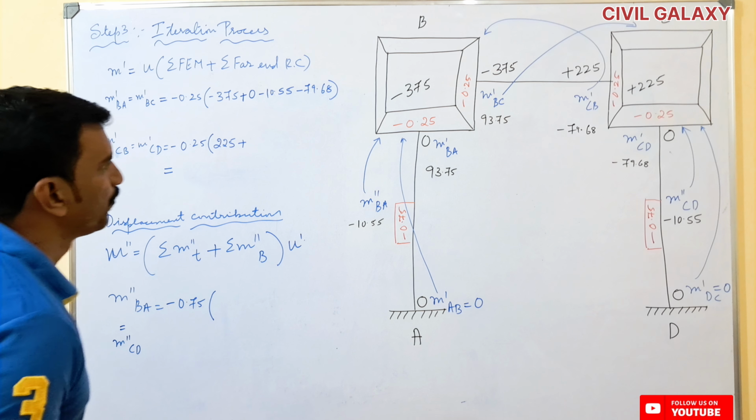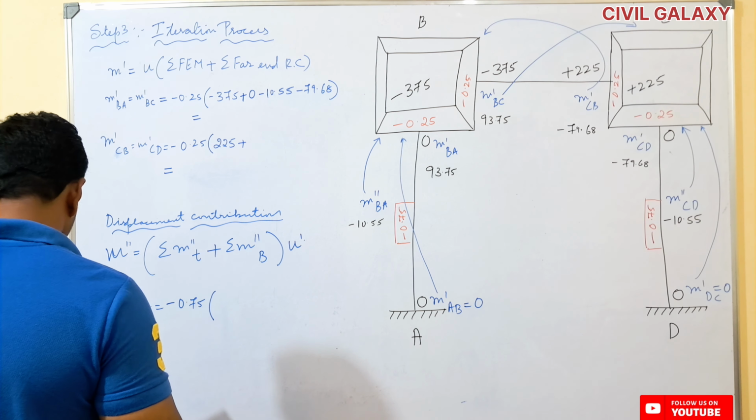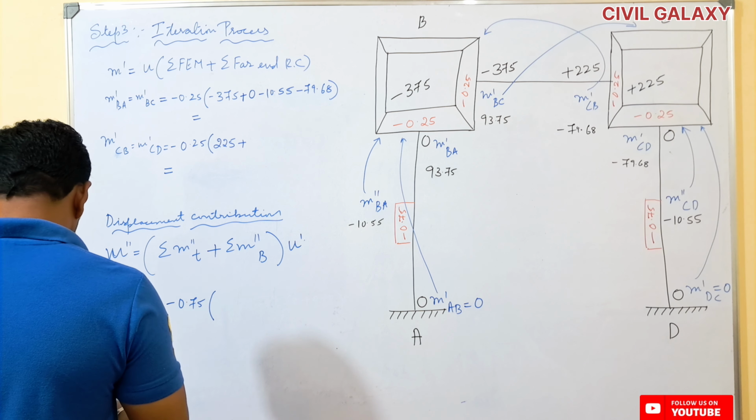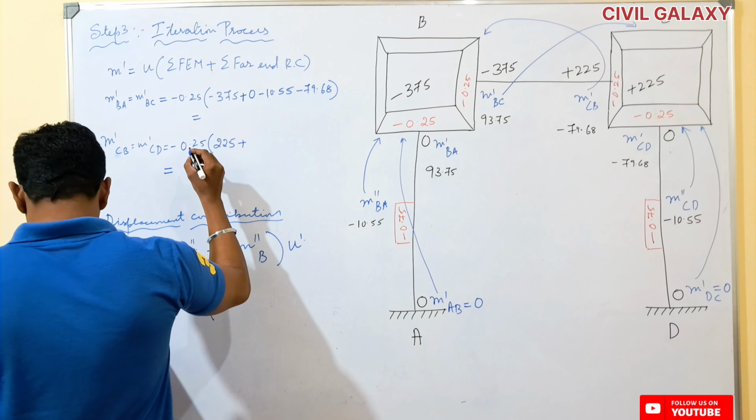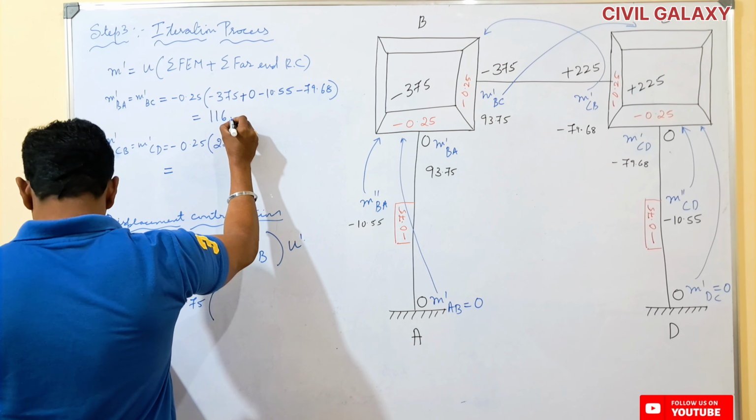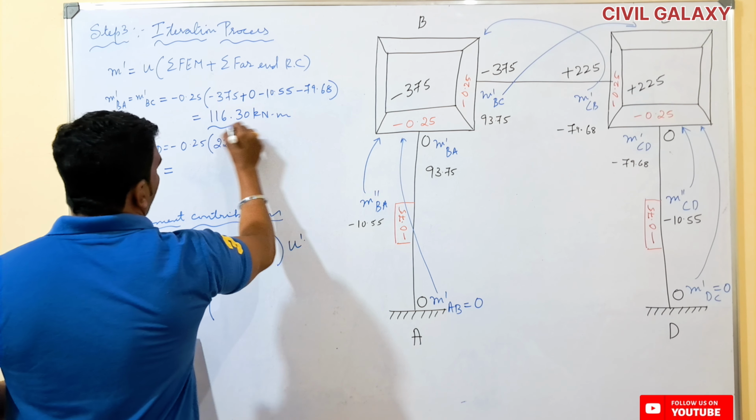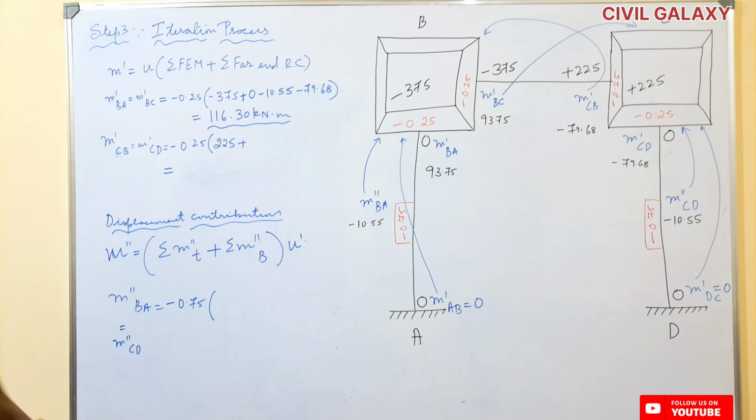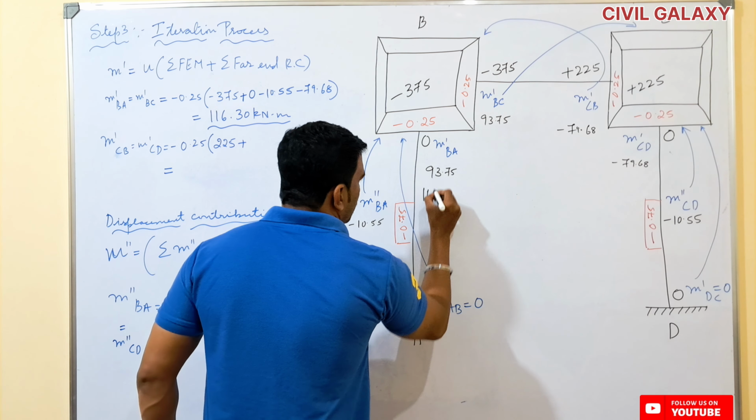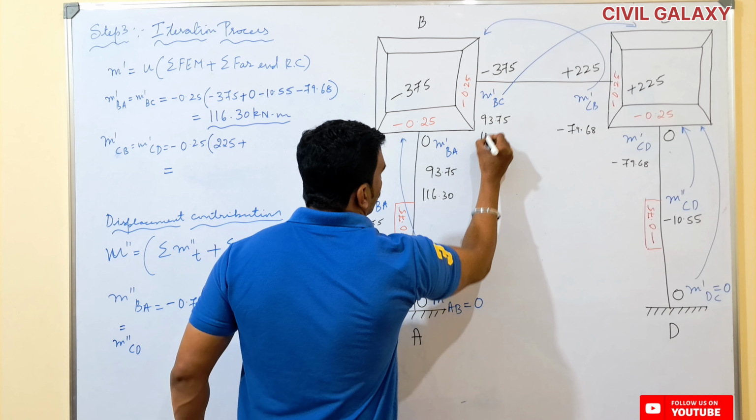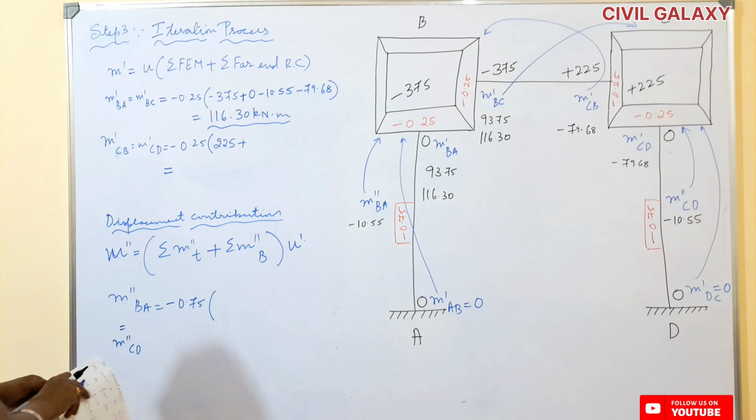So now this will be equal to, we are getting a value of 116.30 kilonewton meter. So this is the value. Now this value we will provide over here, 116.30. Here also 116.30. So now for m dash CB and m dash CD,